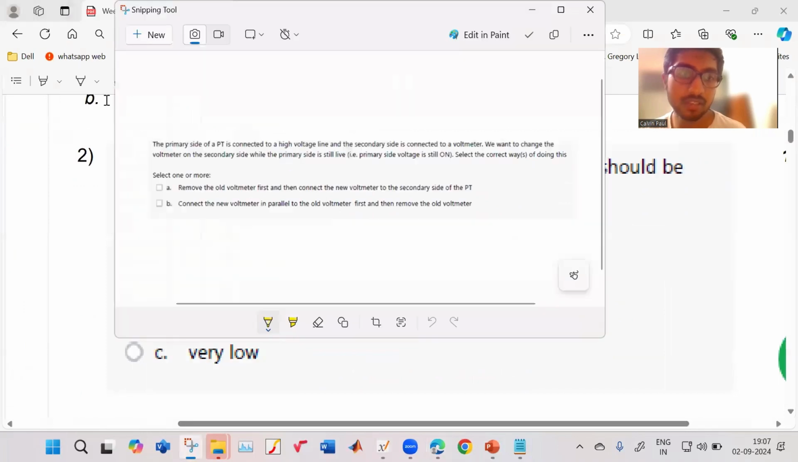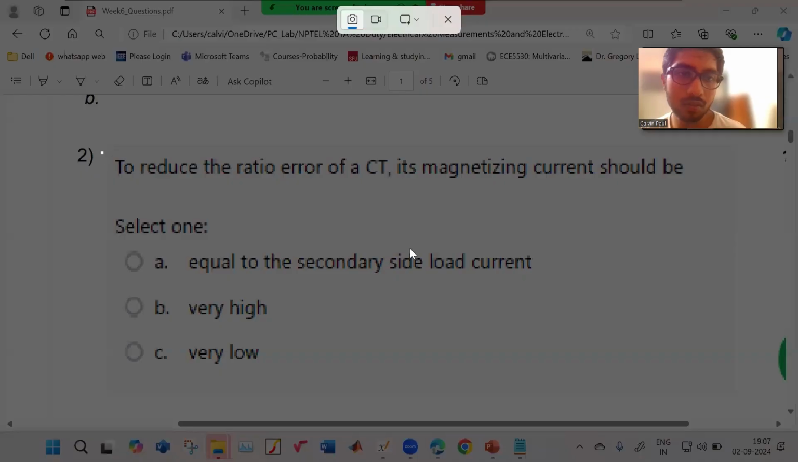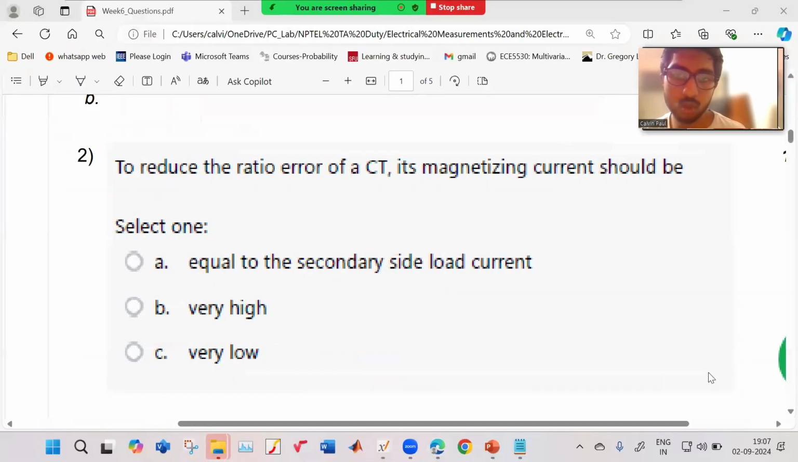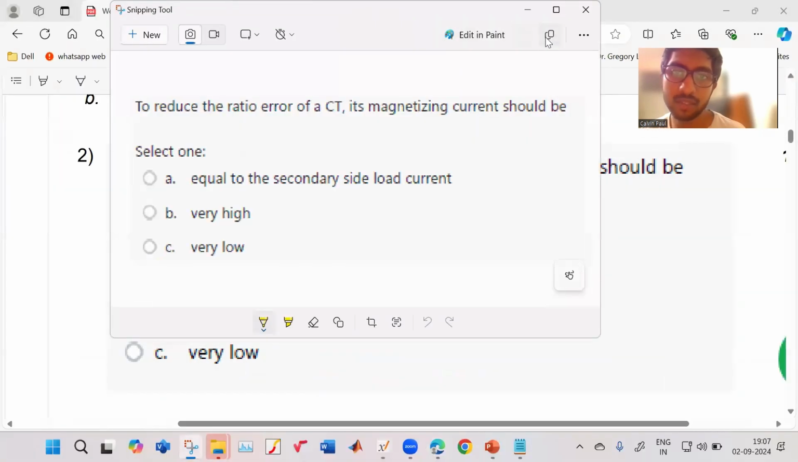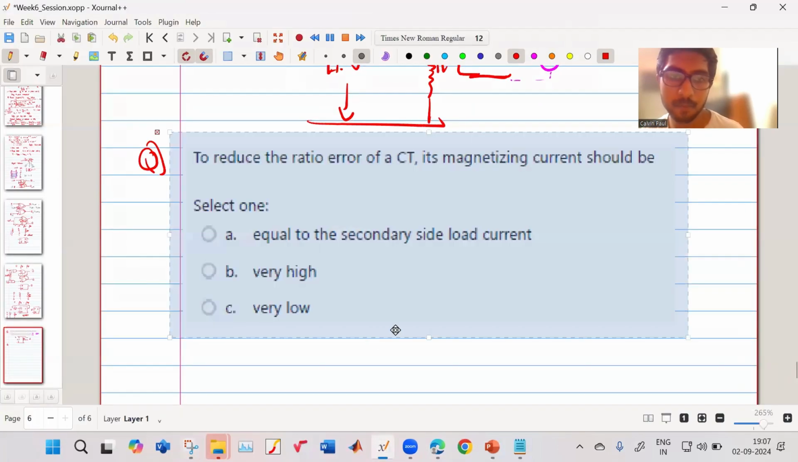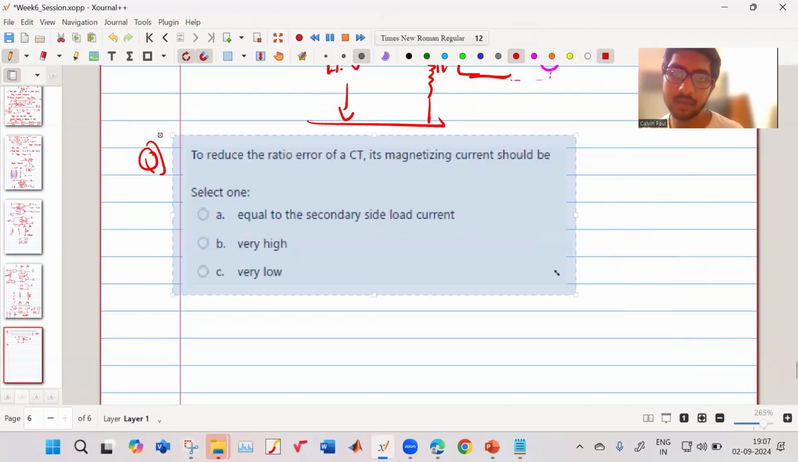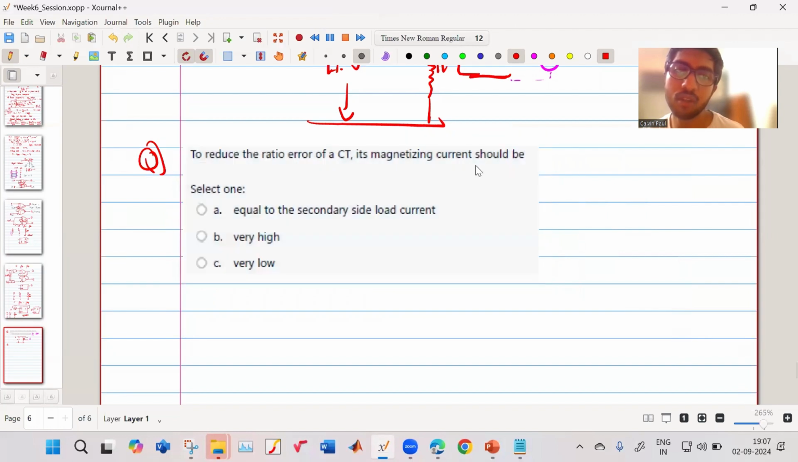Next. The question says, to reduce the ratio error in a CT, its magnetizing current should be what? Equal to the secondary load current, very high, very low, which is the correct answer? It should be very low. Why? Because